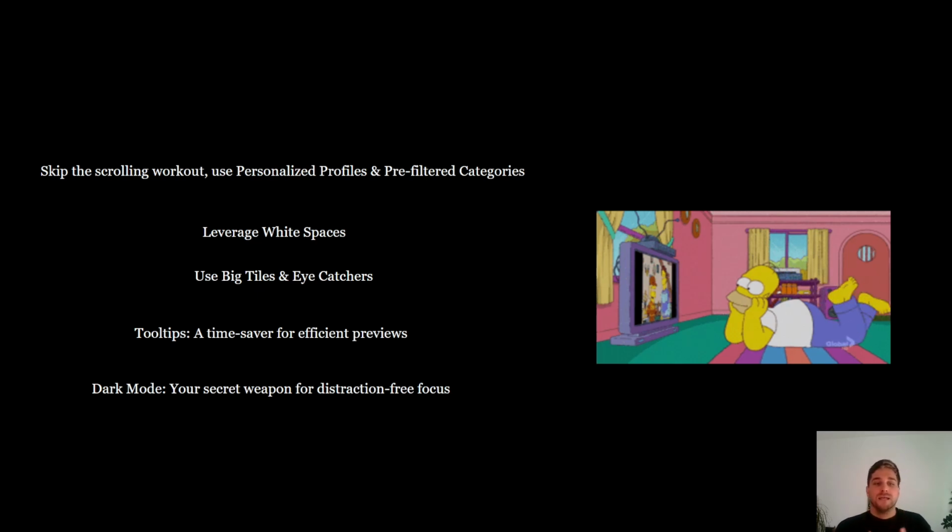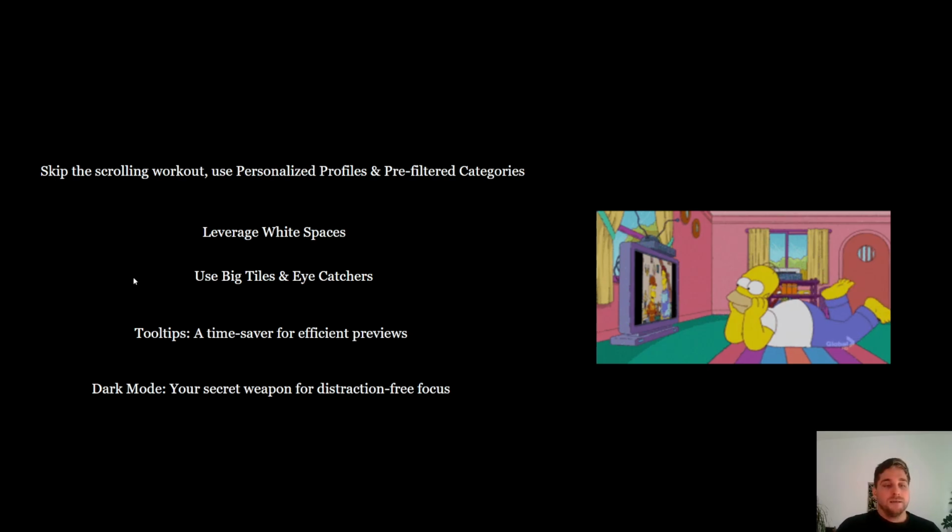The second tip is to leverage white space. Basically, if you have some empty space between your visuals, there is nothing bad about it. It gives room for possible improvements and to add more visuals on demand, but also does not overwhelm the user with unnecessary information that they might not be interested in.